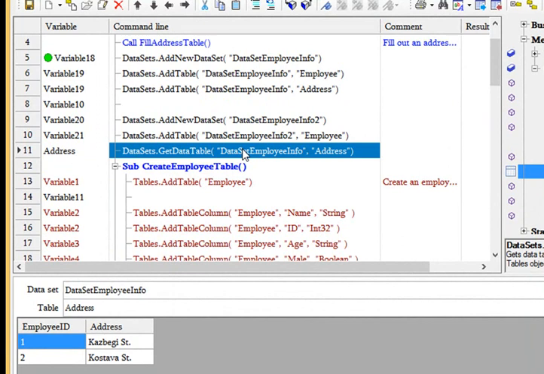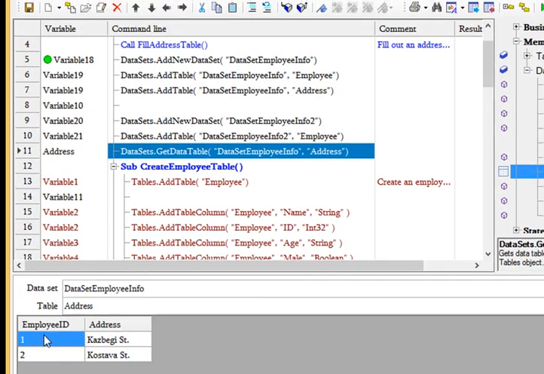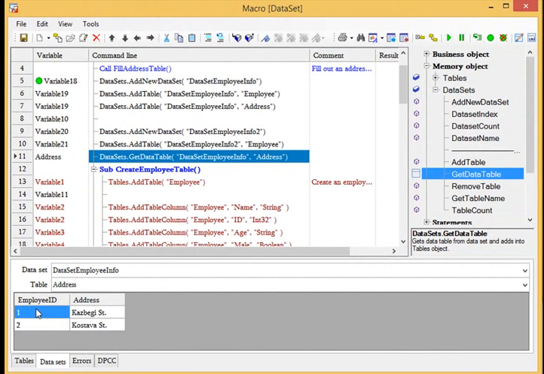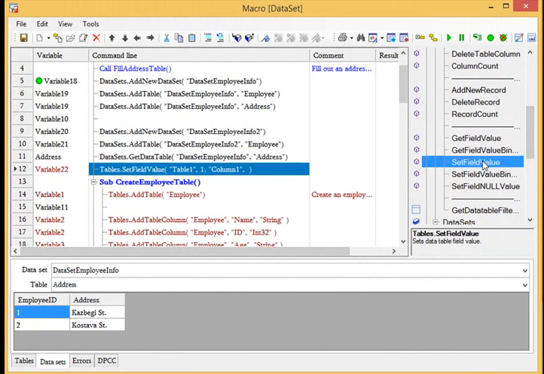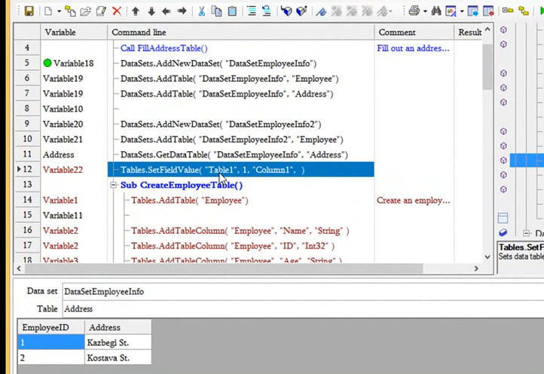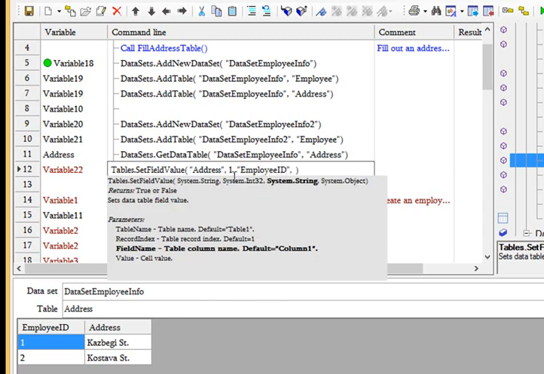Now, in order to change the first record here in the address table, we should use, from the memory object tables, the set field value macro command, and here in the address table and the column employee ID and the first record, we should put 33,